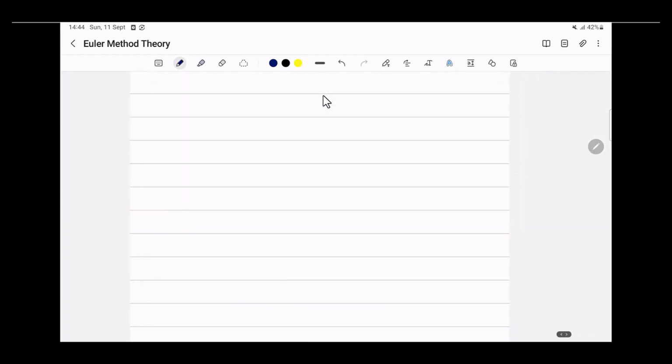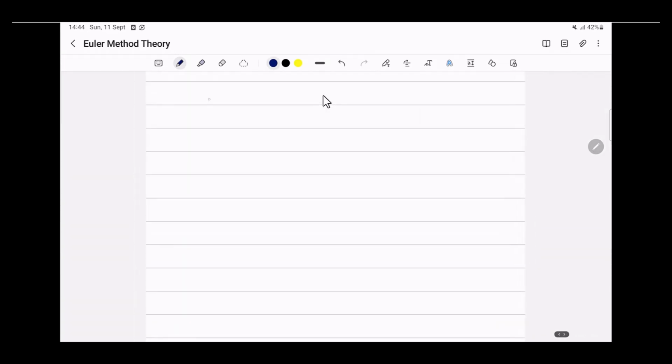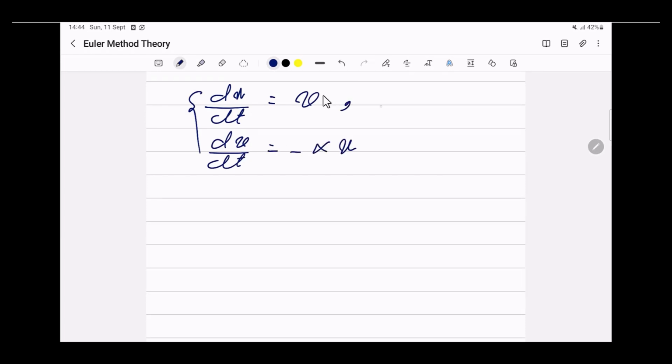So let's go to a new page. So as a result, we got two equations. The first one was dx/dt is equal to v, and the second one was dv/dt is equal to minus alpha x. Now, the initial position is something that you could give to your simulation, so to speak, and the initial velocity, v naught, is also something that you could arbitrarily define. So these are our differential equations, and now the rest is simple. You basically use Euler's method for each of them